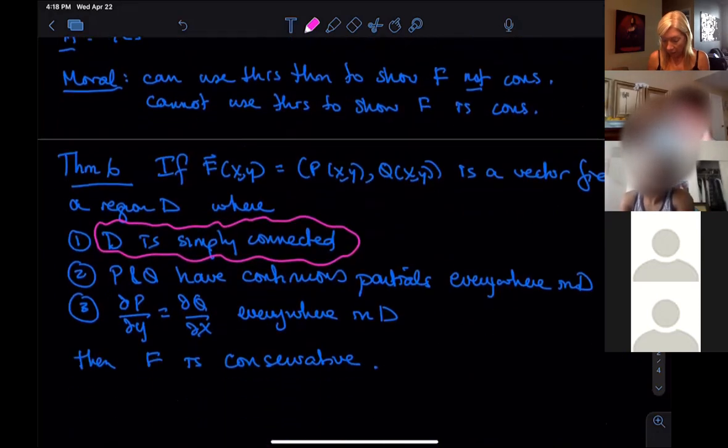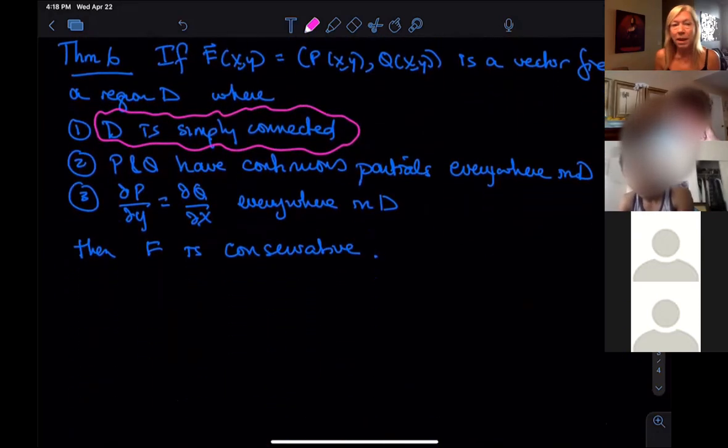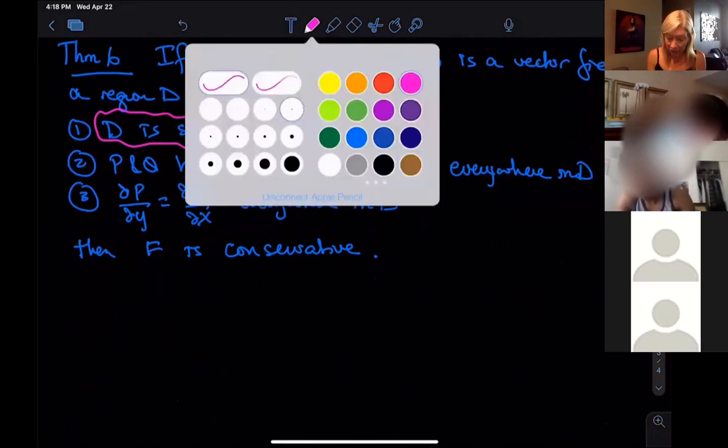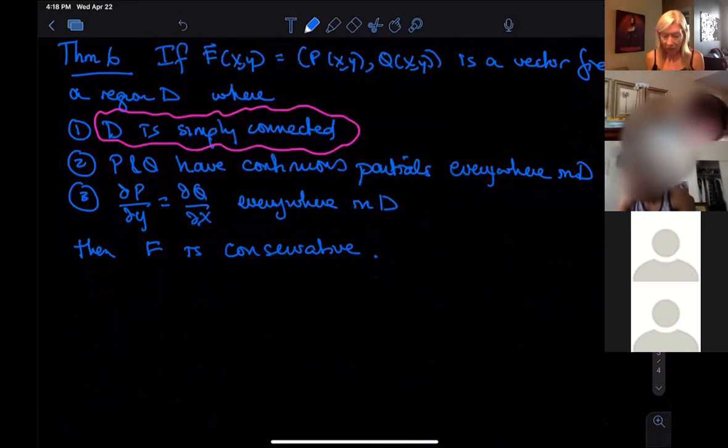A lot of you may feel confused about this simply connectedness. I don't blame you. This is new. One of the big questions you're going to have is, how do you find D? I get all that. I don't want to get too deep into this because we could spend quite a long time on it, and we're short on time. But these are all valid questions. I totally get it. And so let me just say, in practice,